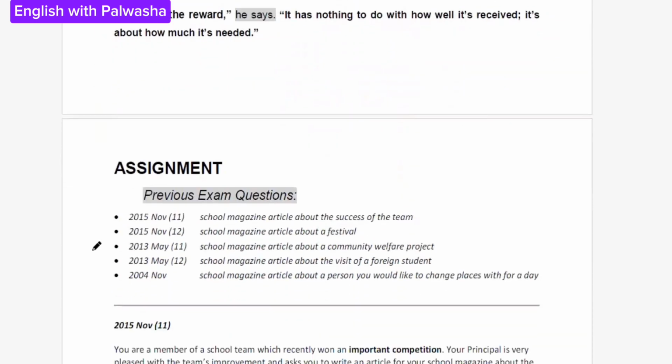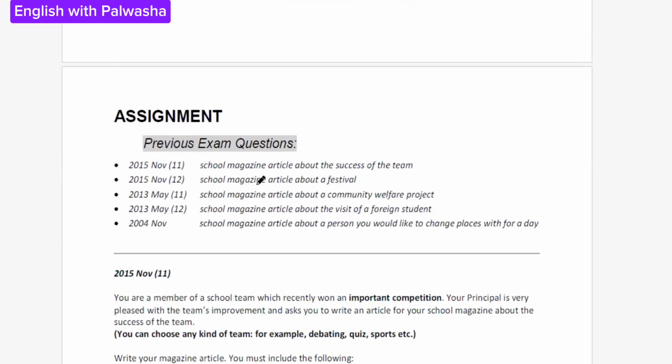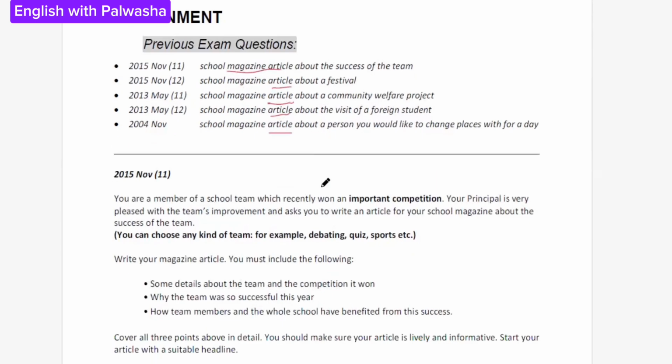Now, my dear students, the previous exam questions were basically on the school magazine article. In 2015, it was a magazine article. In 2015 November, it was a magazine article. 13, 14 was all on magazine articles. So basically, magazine articles come in a frequent manner, but it's not a conformity that only this can come. It can also be newspaper articles. So you should know the pattern of that too. As I told you, the pattern is actually the same, but the tone should be differentiated in the newspaper article. So now let's see the questions.